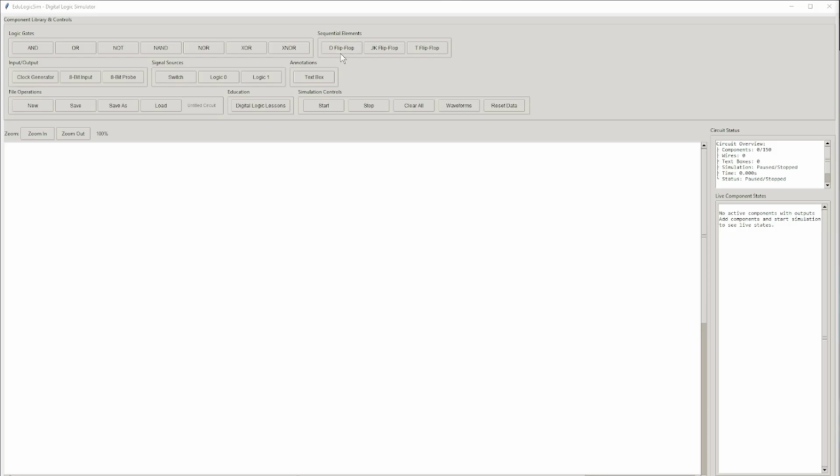Moving to sequential elements, we have the D flip-flop, which stores data on a clock edge, the JK flip-flop, which can set, reset, hold, or toggle based on its input, and the T flip-flop, which toggles its output when the T input is high. The input and output section provides components for data generation and monitoring, including the clock generator,